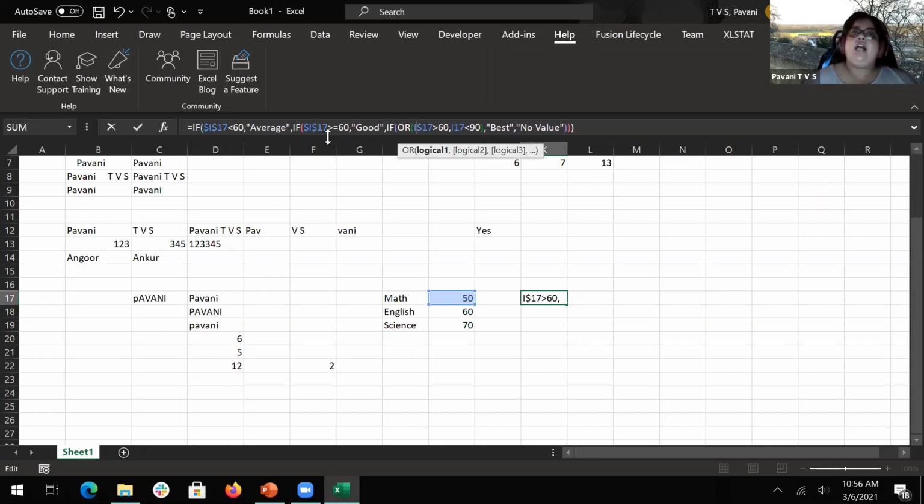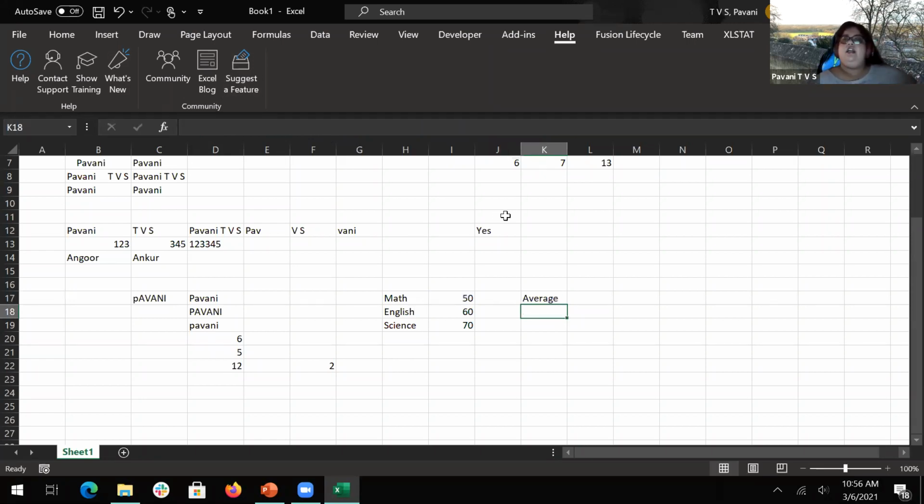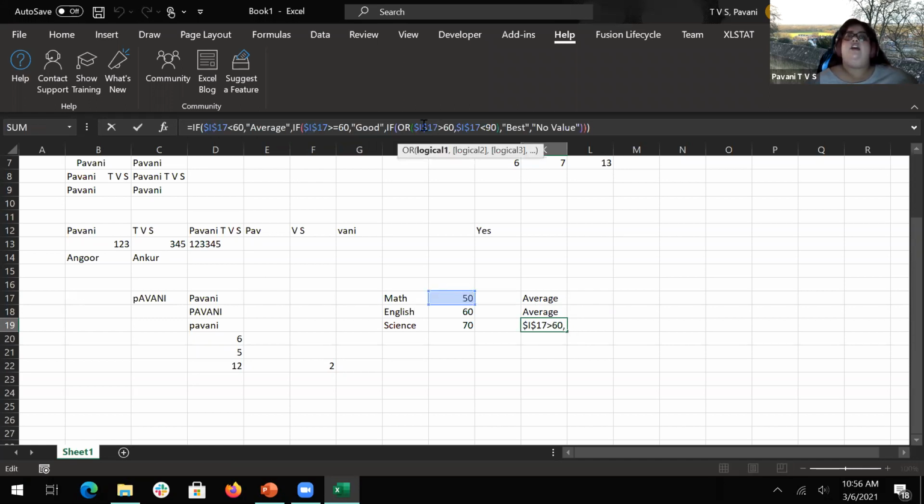It will stay at I-17 value only, it is going to consider. It will not take I-18 or I-19. So here I am now pulling it again. It will give average only. And you're seeing it is not changing any cell reference, I-17 is not changing to I-18, I-19. It is locked at I-17 because I have locked it.